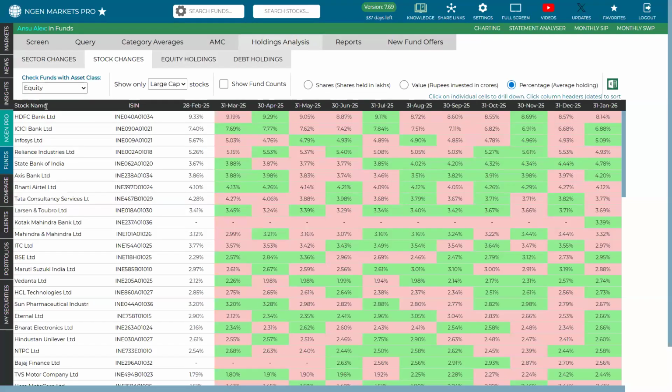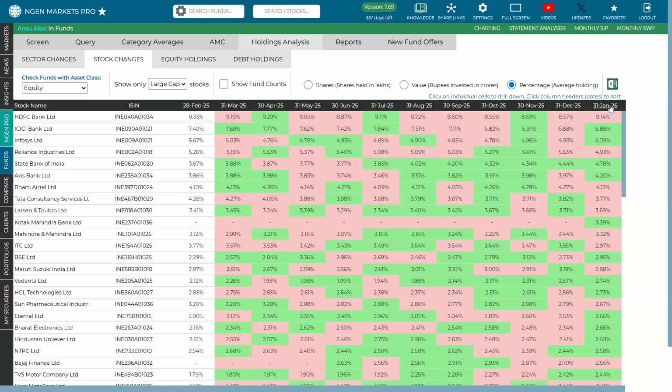Following that, towards the extreme left, you could see the name of the stocks. Now, the stocks have anytime been shown on the basis of market cap. So, these stocks that you see towards the extreme left could be sorted on the basis of large cap, mid cap, or small cap. You could select them accordingly. By default, it would be at large cap. Now, here as well, we would be showing you the movement or the trend for a period of 12 months in history. The latest data would anytime be available at the right hand side, that is 31st Jan 2026.